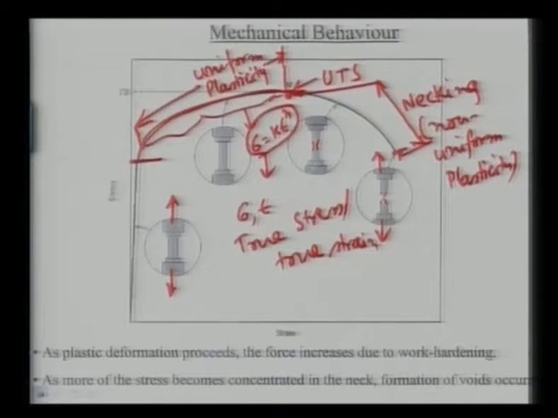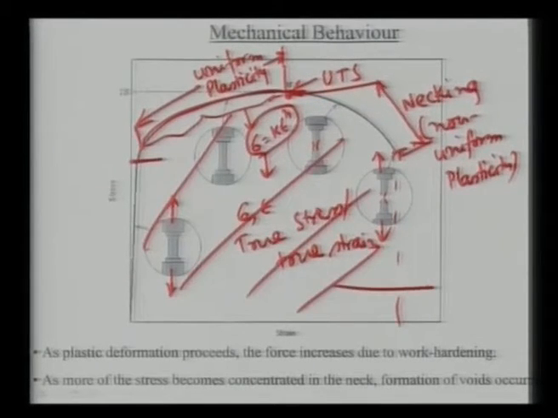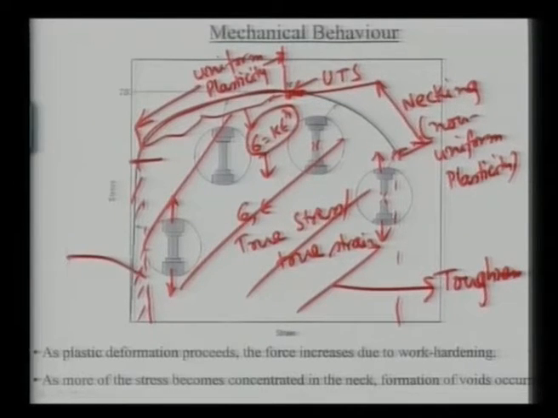And typically fracture toughness, or toughness, is the total area under the stress strain curve. So this total area under the stress strain curve is defined as the toughness of the material. There are two terms here, one is toughness and one is resilience. Now resilience is the area under the curve up to the elastic part, and toughness is the total area of the curve up to the plastic part.